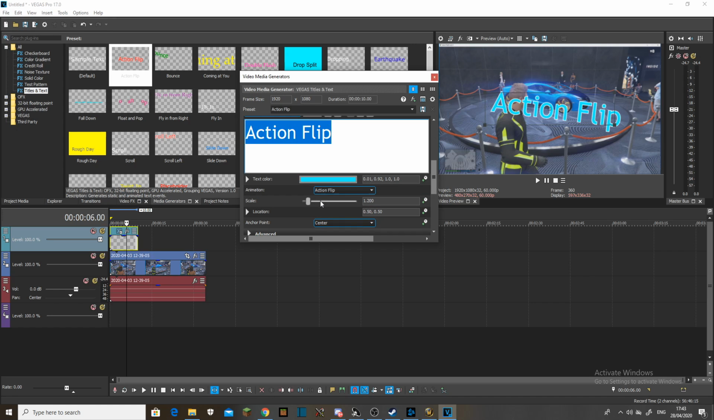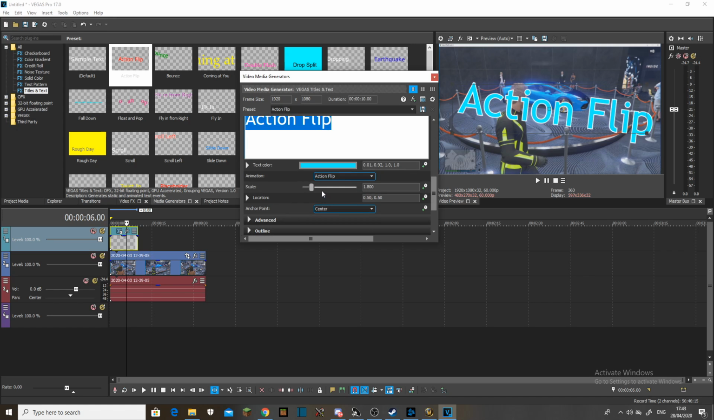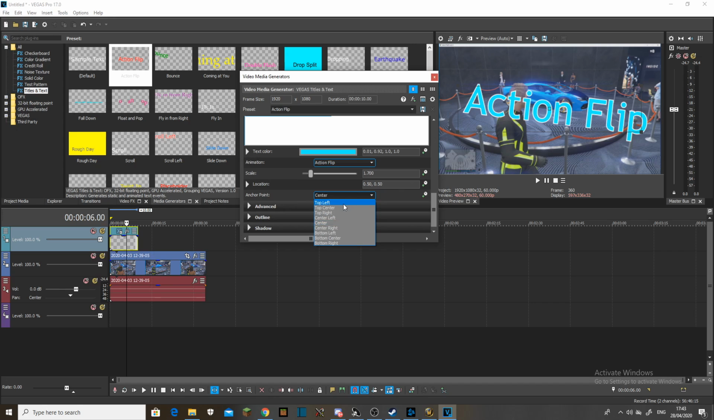Here you can scale it. As you can see over here, it makes it bigger or smaller. I'm going to make it like this. And you can change the position of the text, but I don't think it will change right now because it didn't do the animation at the start. So I'm just going to put it in the center of the screen, and here on the